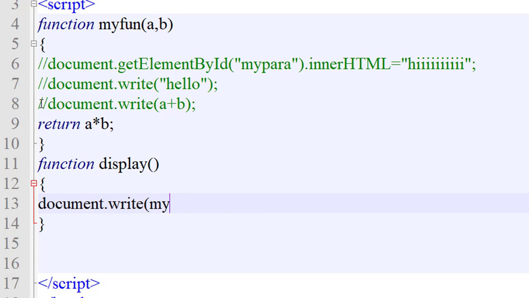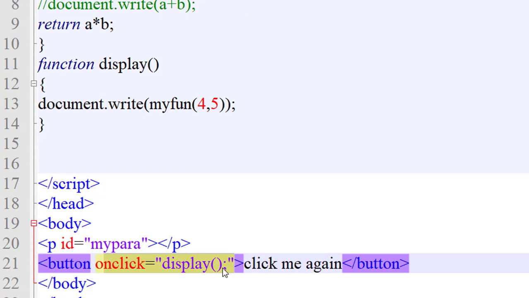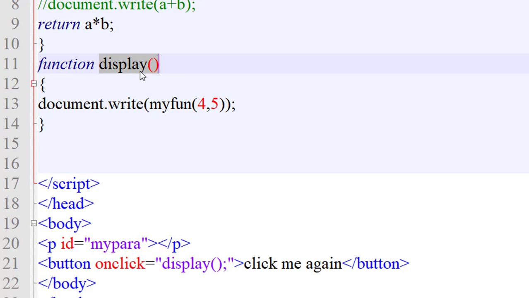So my function, parenthesis 4,5. I simply pass two values, 4,5, which means 4 for A and 5 for B. As I call the display function, the call will jump to the display function, and in the display function I call my function.